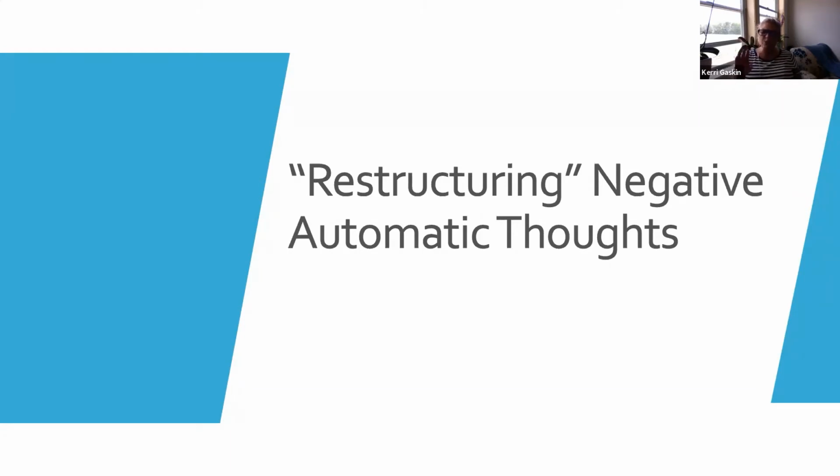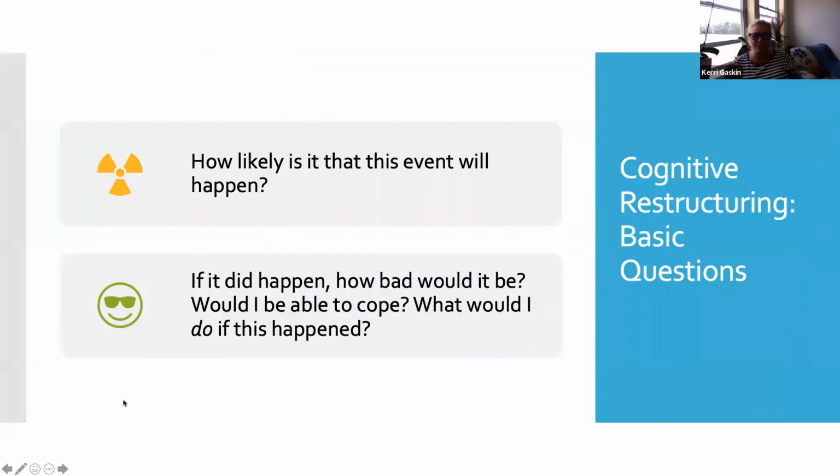So when working with our anxiety-related negative automatic thoughts, we want to look at different lines of evidence for each problem to get closer to the truth. Let's have a look at what we would ask. The first question we're going to ask is, how likely is it that this event is going to happen? Research tells us that when people are anxious, they typically overestimate the likelihood that something bad is going to happen. For example, we worry about the possibility of losing our job in the economy, where it is right now,